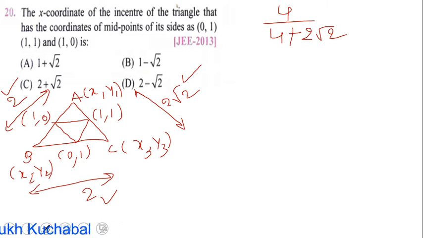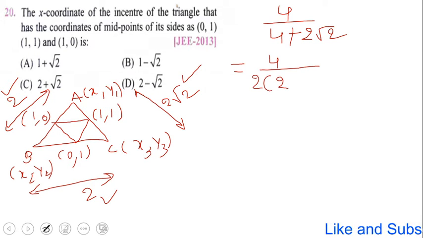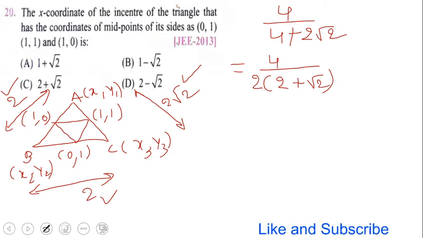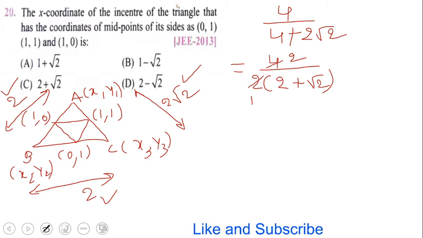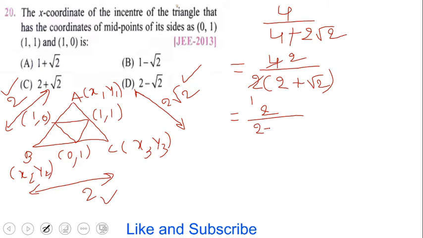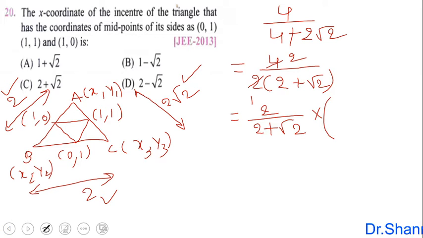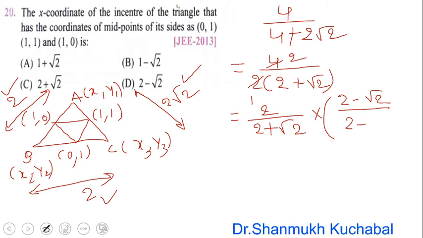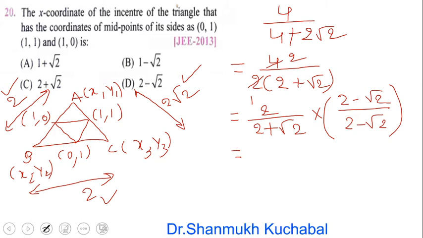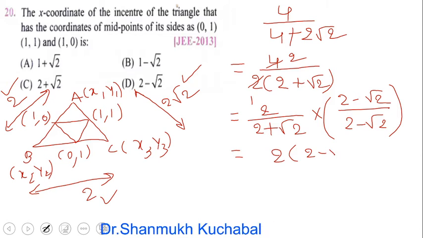So further, in the numerator there is no simplification, in the denominator we will take 2 as common, we get 2 plus root 2. Then simplify this, 2 ones are 2, 2 twos are 4, then 2 by 2 plus root 2. Then we have to do a rationalization. So the root we have to avoid in the denominator, so we have to do a rationalization and multiply and divide by its conjugate 2 minus root 2. Then further, in the numerator there is no simplification, as it is.